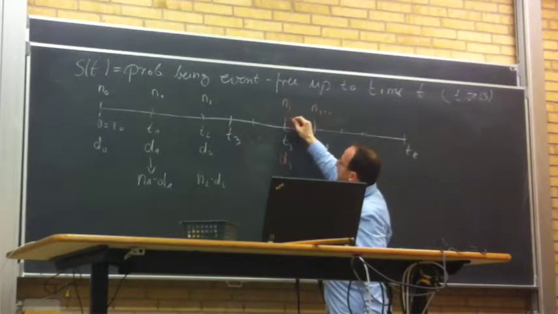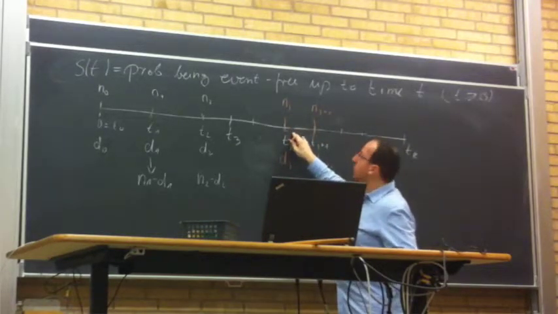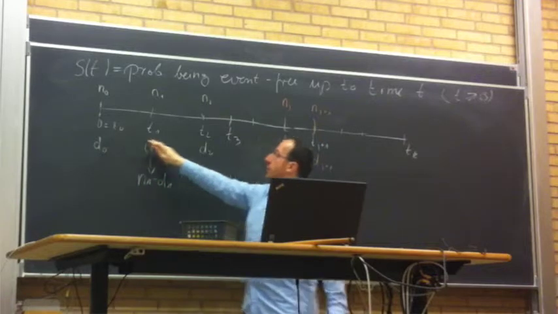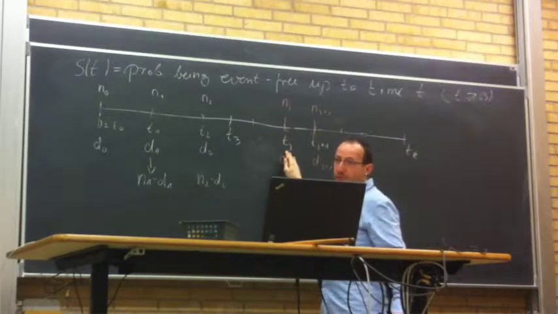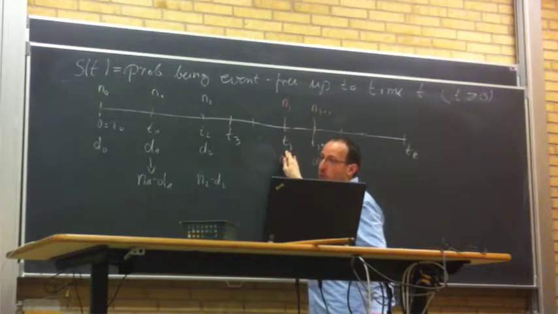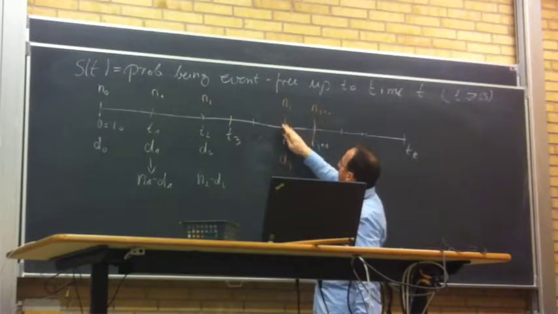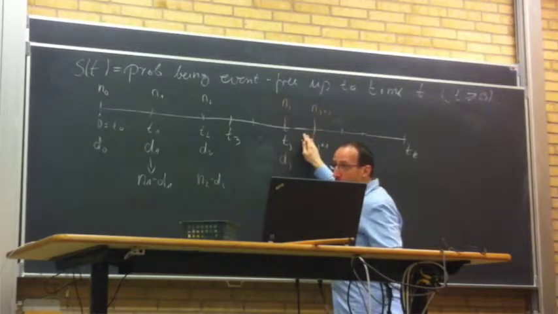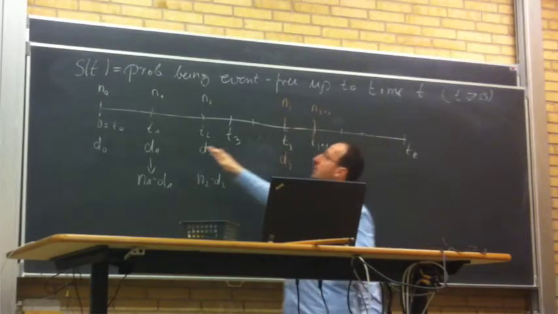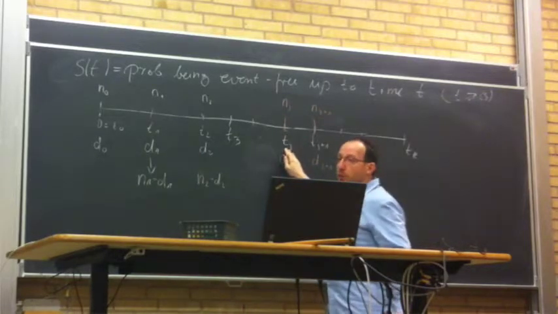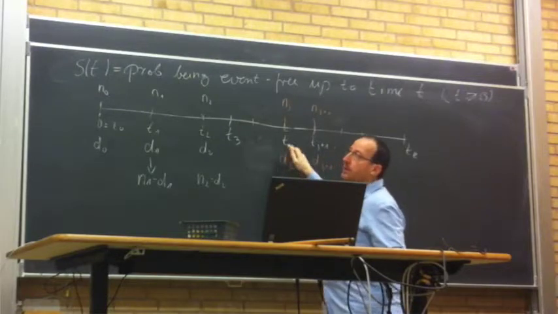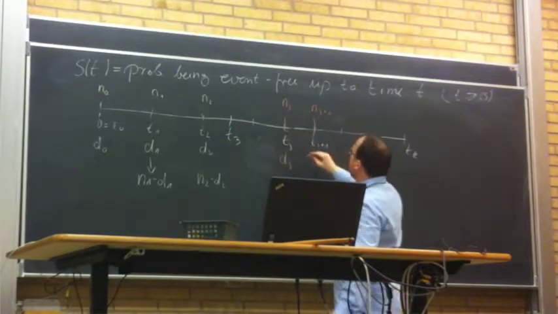Now we are interested in the probability that the event of interest occurs during this time interval, conditional that the patient is event-free up to this time point, tj. This is the so-called conditional survival probability. So we are interested only in the probability of being event-free within this time interval, conditioned on being event-free up to the beginning of this time interval. This is the so-called conditional survival probability, and this can be calculated by